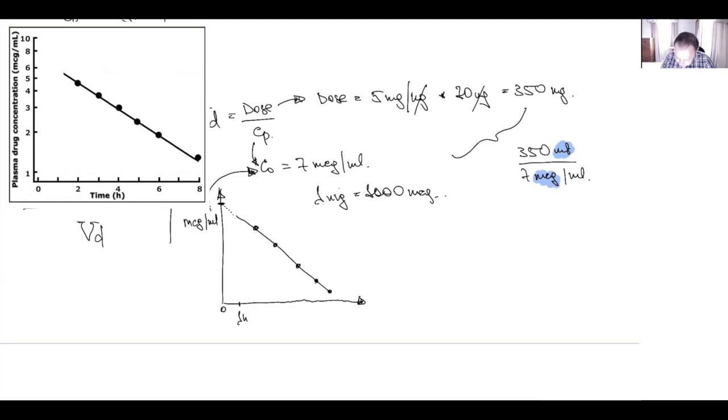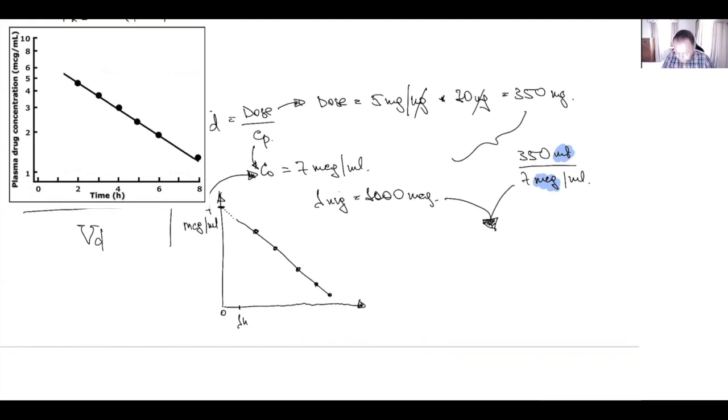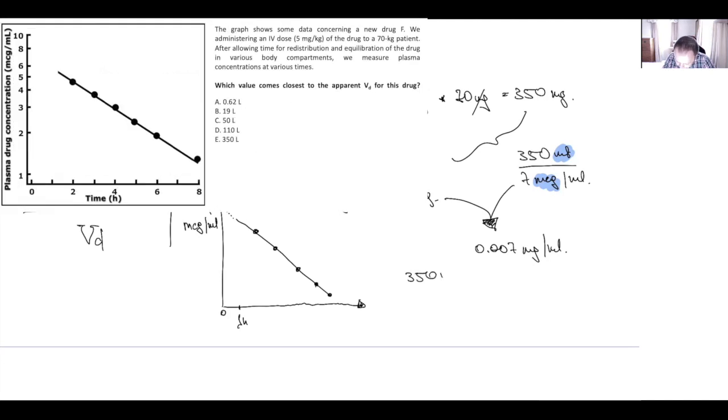7 micrograms, assuming that 1 milligram is 1,000 micrograms, 7 micrograms will be 0.007 milligrams per milliliter. And now we can calculate. So it will be 350 milligrams over 0.007 milligrams per milliliter. Now you can cross milligrams, and this will be